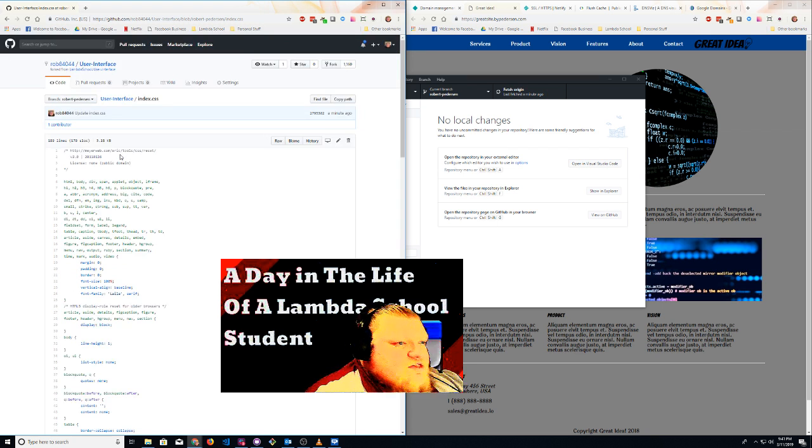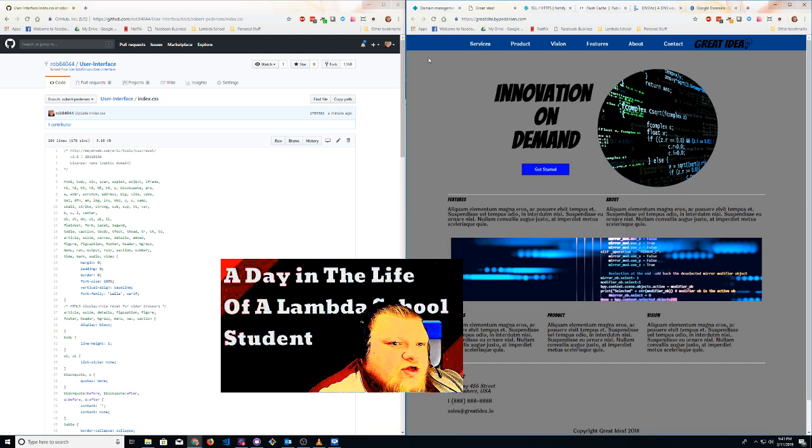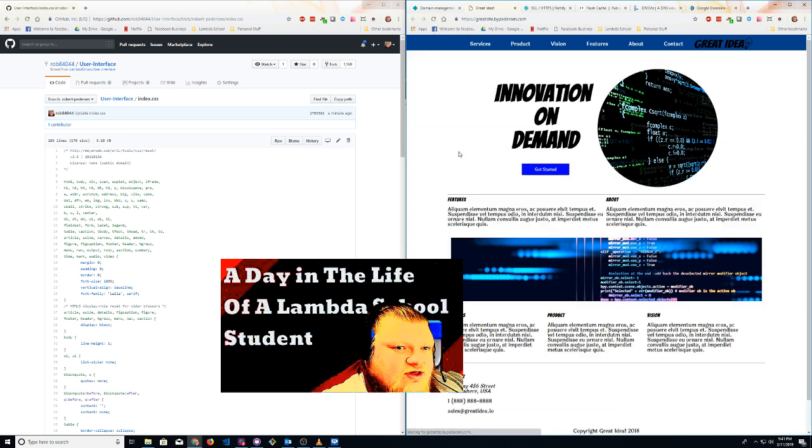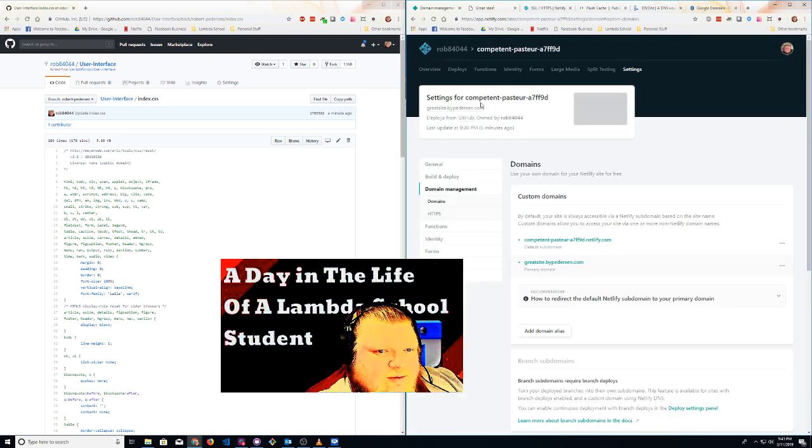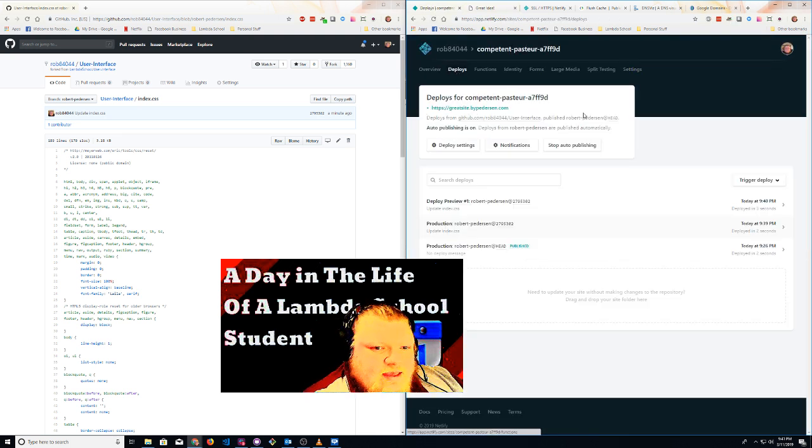So this is what's really cool and powerful about Netlify, which I love. We can go back over to this web page, and we can do one of two things. We can either hit refresh, which we're going to. So we're going to refresh, and then bam, it changed the background from gray to white immediately because it recognized the change, and we can see this by going to deploys, and we can see that deploy preview number 1